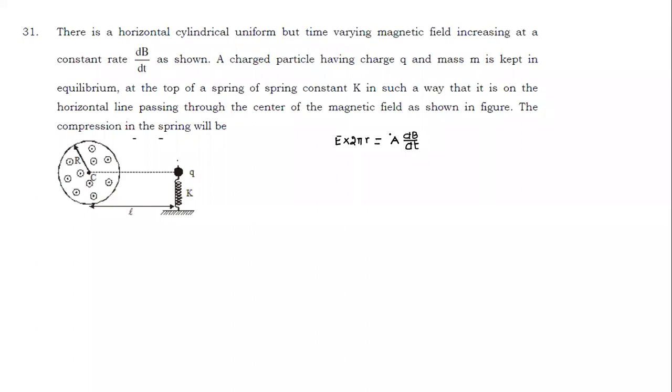What is the area we take here? Area is the area in which magnetic field is present. Area of magnetic field. And whether the point is inside or outside, there's no need to remember any formula. In this particular case, the distance is L. So the induced field which is acting is E into 2 pi L, and the area is pi R square and dB by dt. That's the field.